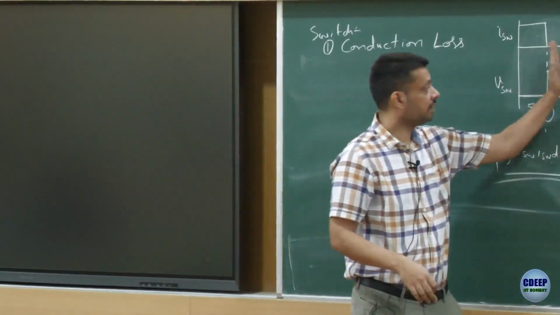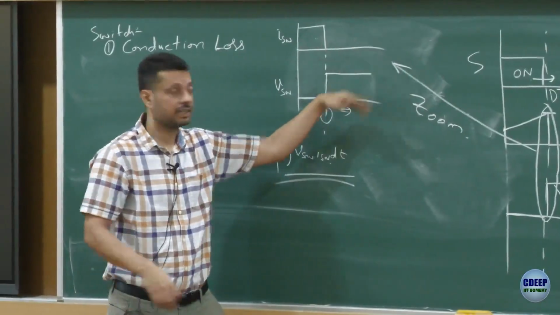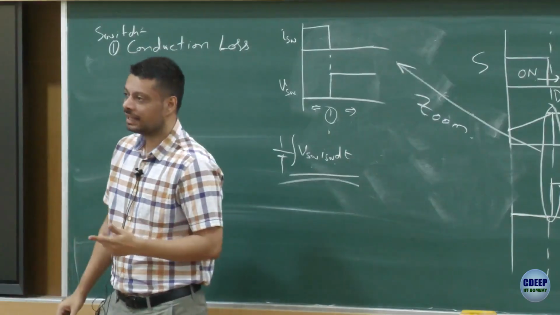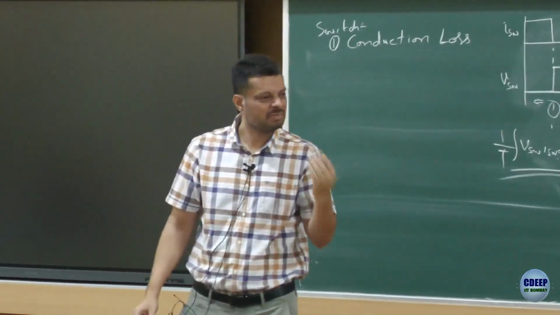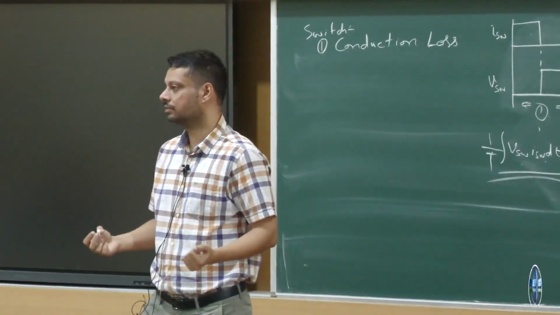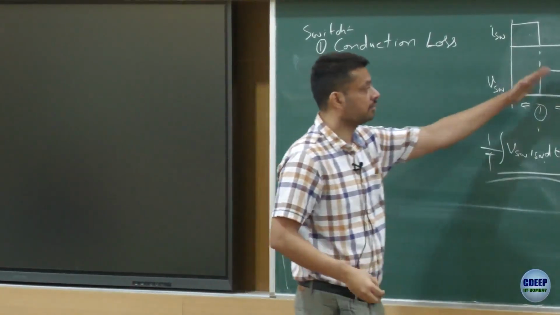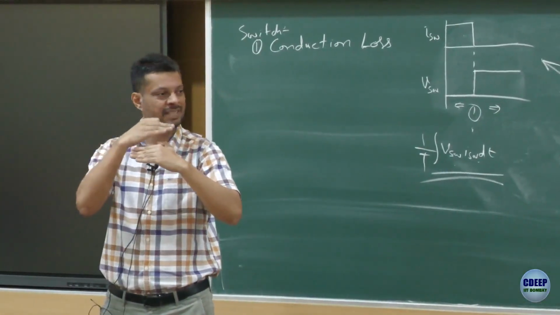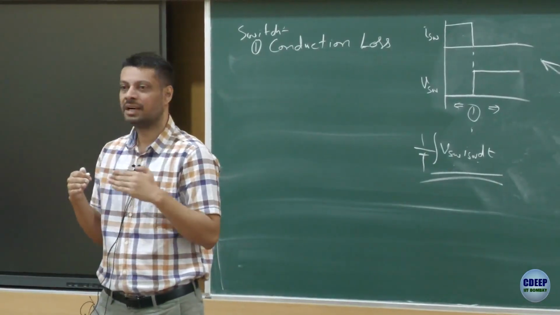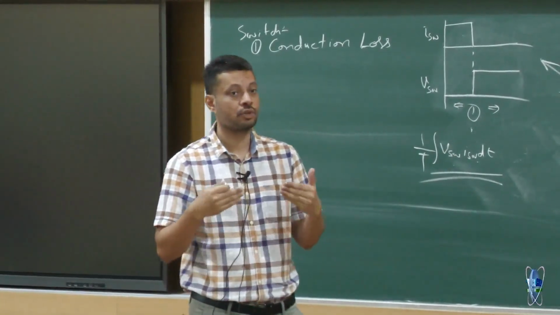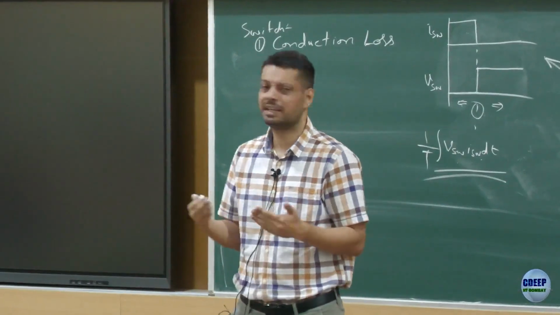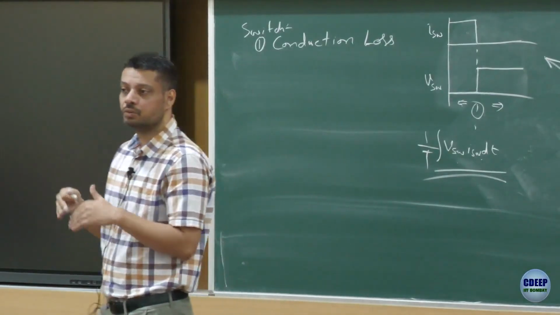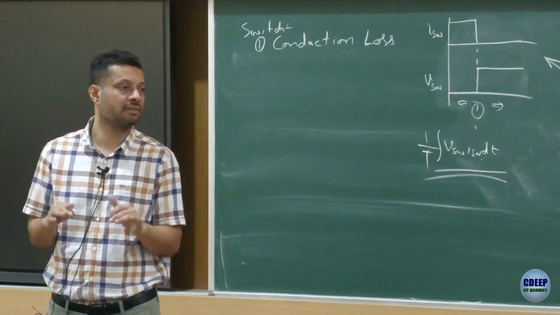When the switch is off, now focus on this right side part. When the switch is off, your current is 0, you have a voltage. In reality, again, current will not be 0, there will be some small leakage current which would be flowing. So even though you have turned off the switch, it is not a mechanical switch, so physically there is maybe some small leakage current which is still flowing, but the device technologies have matured so much that that leakage current is usually very small, and therefore as a power electronics engineer, those values are so small that we do not include in our calculations at all,